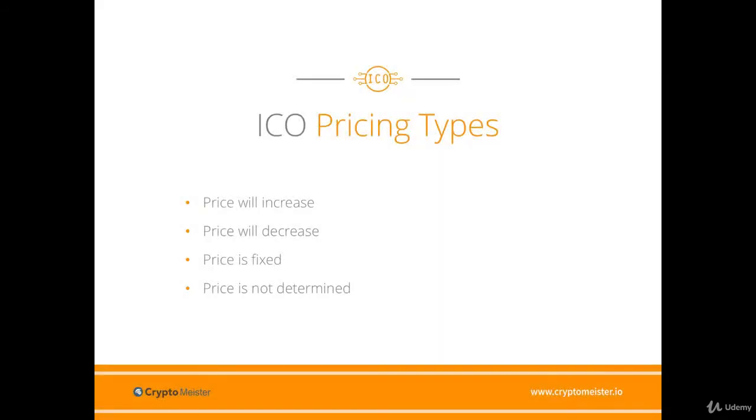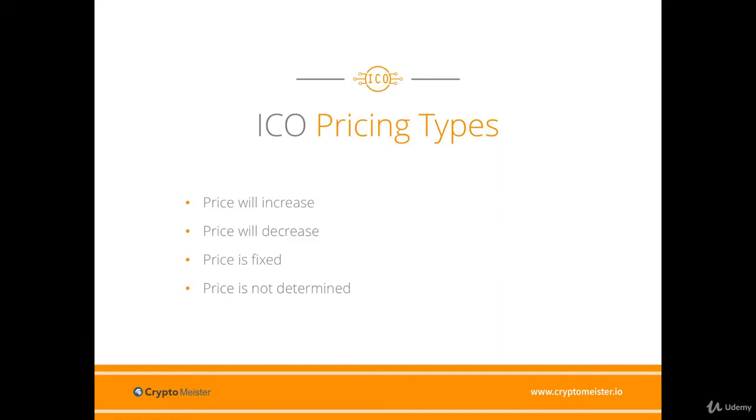Due to the lack of regulations mentioned earlier, developers and startup companies can run ICOs in pretty much any way that they choose. And this has led to a variety of different approaches on how campaigns are run, and does make it very difficult to cover all these situations. Some common types of pricing have begun to rise above the rest, which I will review now. Firstly, an increasing price. The ICO is set up to run in stages, and the exchange rate for tokens is increased over time. Early investors who took the biggest risk get the best price per coin ratio.